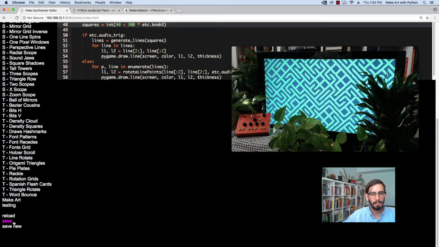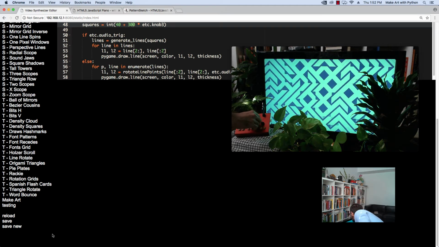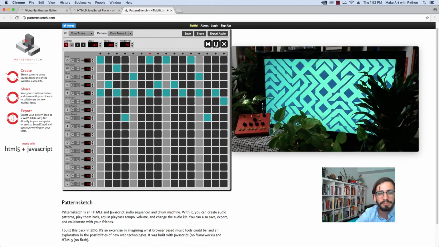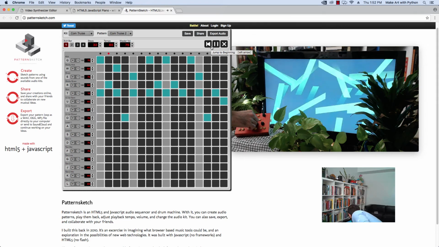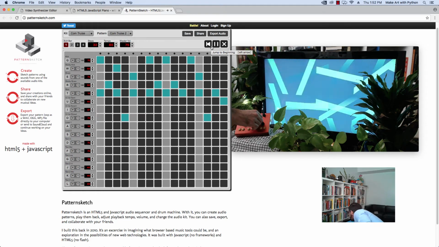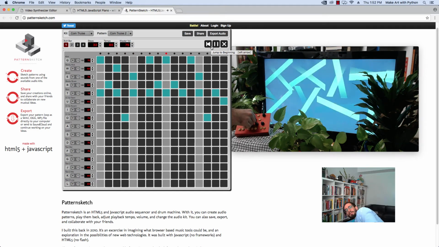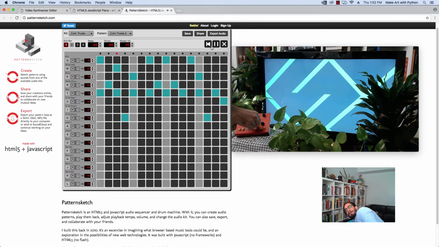Let's try saving that and see how that changes things. So if we adjust this knob, oh, and then we have to have an onset event happen in order to trigger that new size. So there we go. Now you can see the bigger size of these guys, and it kind of mostly takes up the full screen. Let me turn down the effect. There we go. And then this should be about as wide as it gets. So if I go back down,